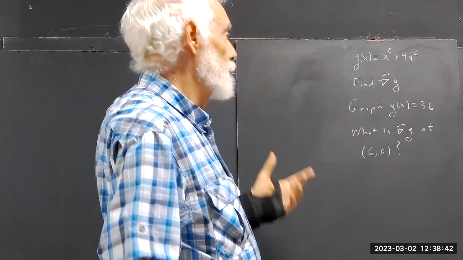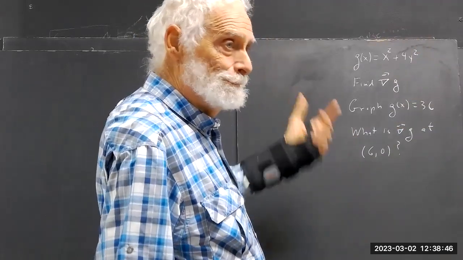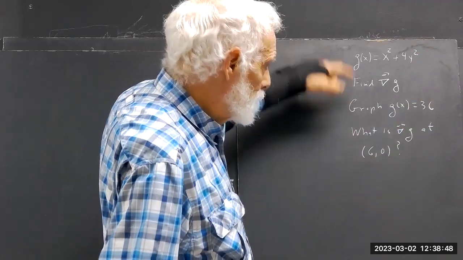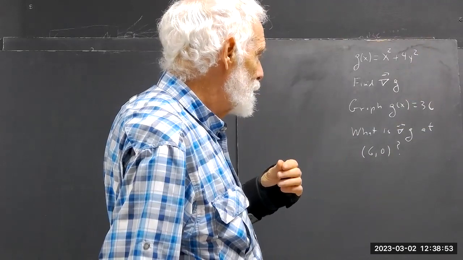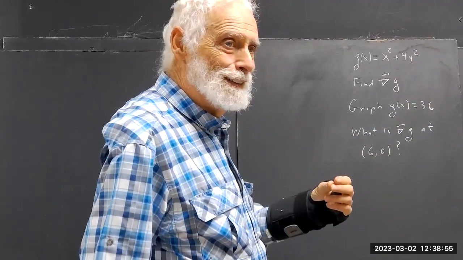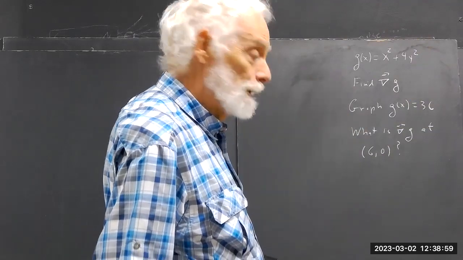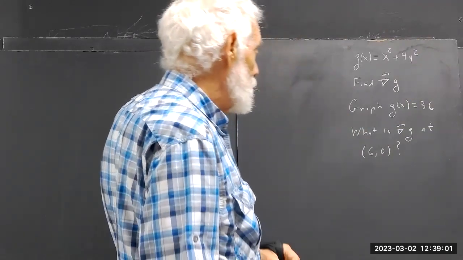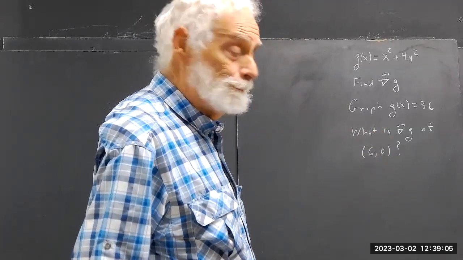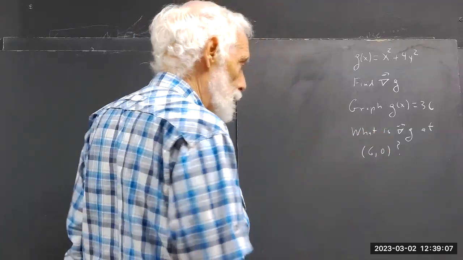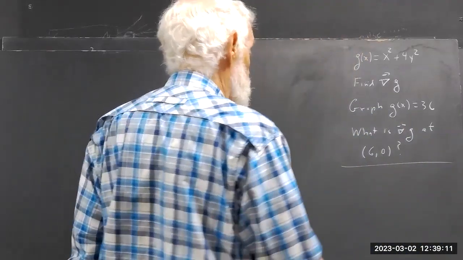People kind of do solve for y, and y is plus and minus, whatever. You ought to be able to do that, but you need to recognize conic sections. Okay, so what's the gradient of g then? People pretty much get that. A couple of mistakes with partial derivatives, but the gradient of g